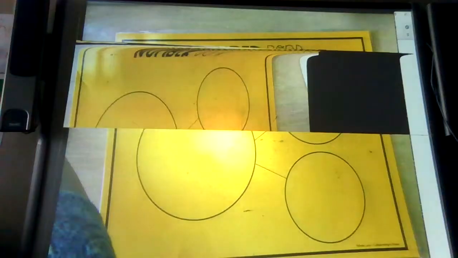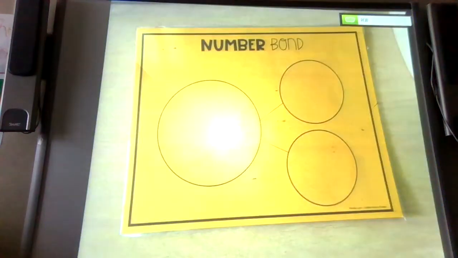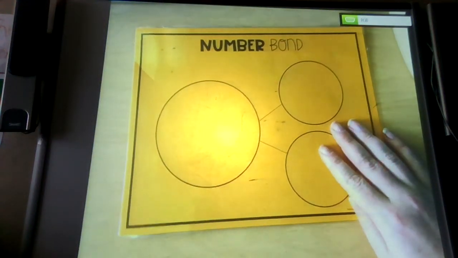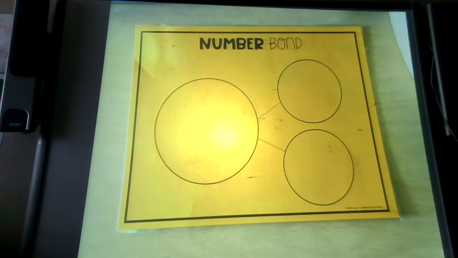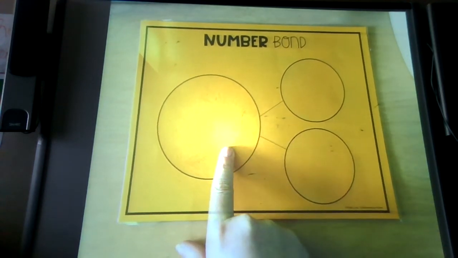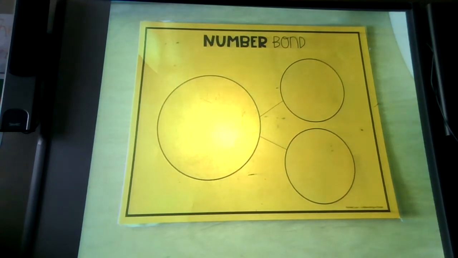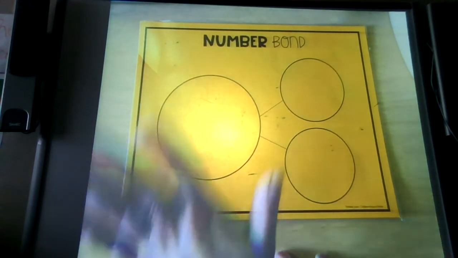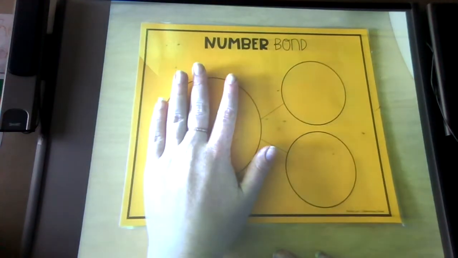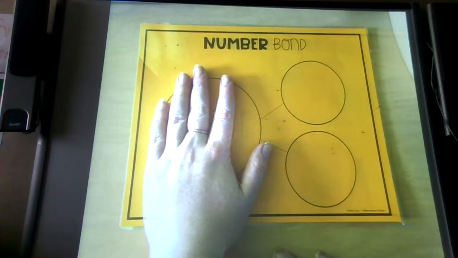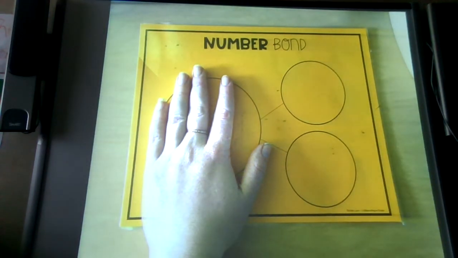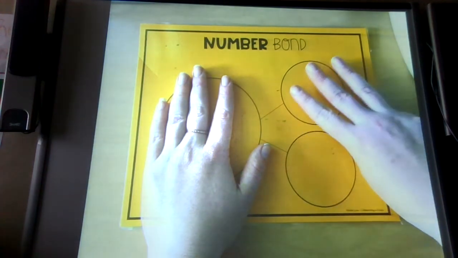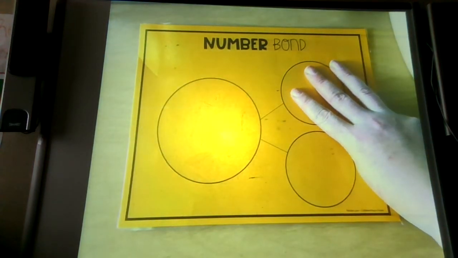Okay, so the final way that I know how to show this on a number bond is I'm going to use my fingers. Now these are great math tools because you have them with you all of the time. How many students did we start with in our big circle that shows all of them, the whole thing? We had 5 students, so I'm going to show 5 students right here. Then, how many students went up to the top? There were 3 students. 3 students went home in one group,